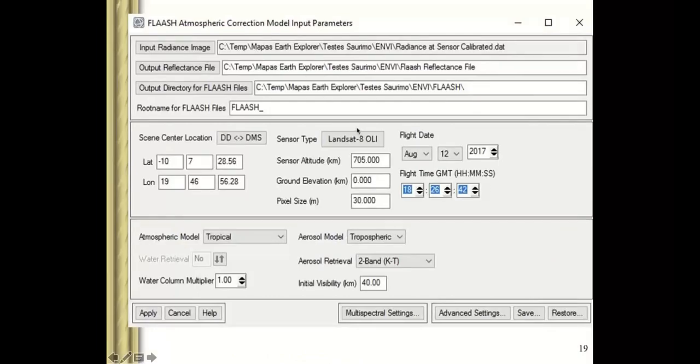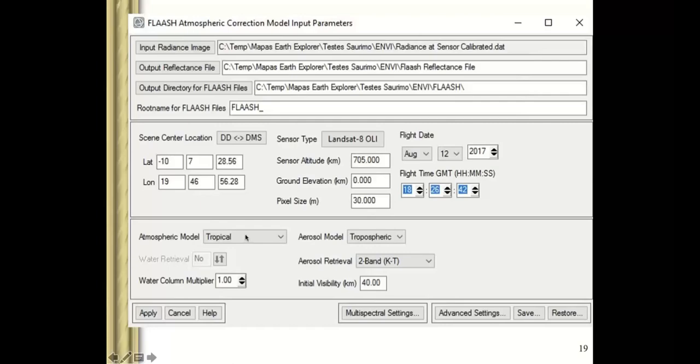So this is an example of FLAASH being used for atmospheric correction. In FLAASH, you need to have your satellite image, then you need your latitude and longitude of your satellite image. If you download a satellite image, all satellite images come with metadata. In the metadata, you will get your latitude, longitude, sensor height, the elevation, your pixel size, and the flight date of that sensor. You will get all this information from the metadata that is provided by all the satellites.